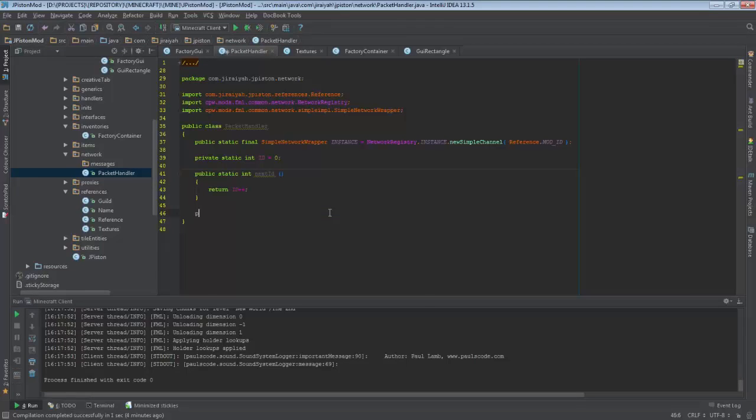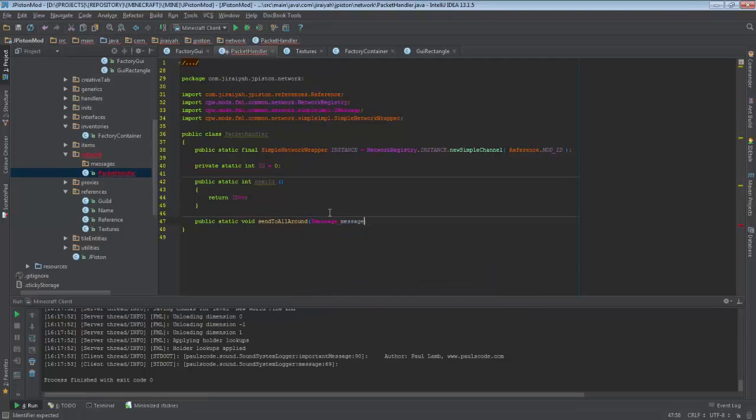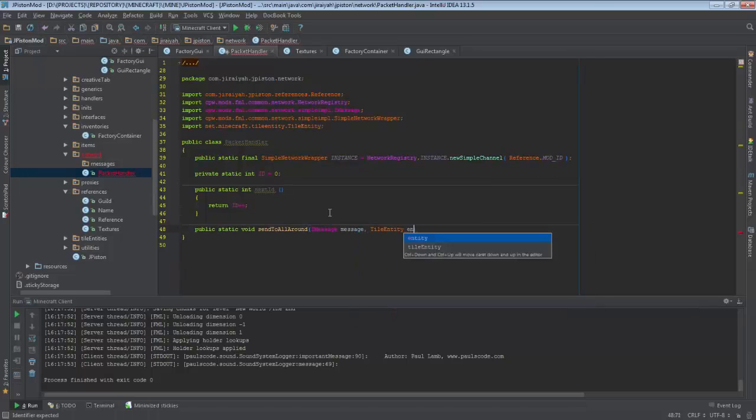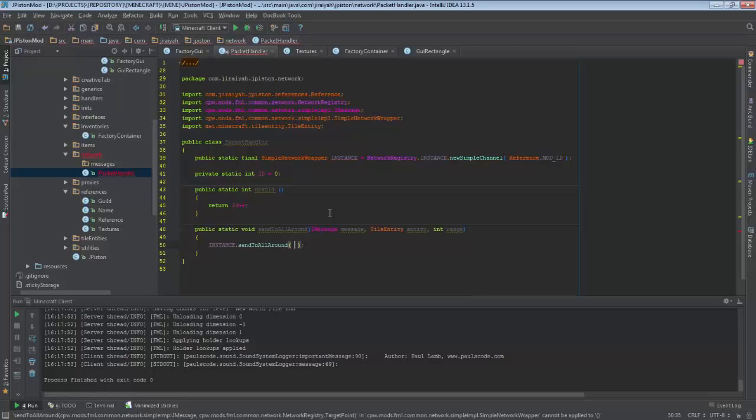Then we say public static void sendToAllAround, and here we say IMessage of type message, and the TileEntity, and int range. Okay, what we say here is instance.sendToAllAround the message,